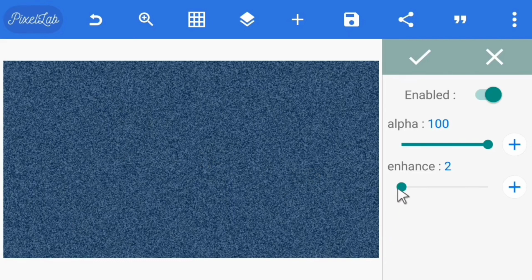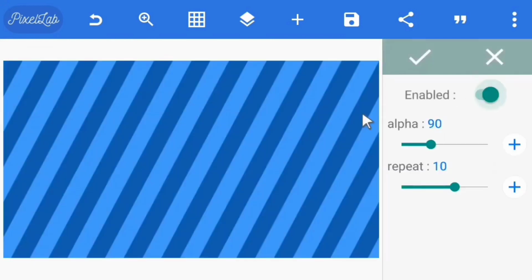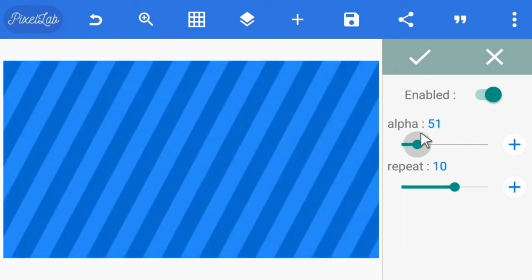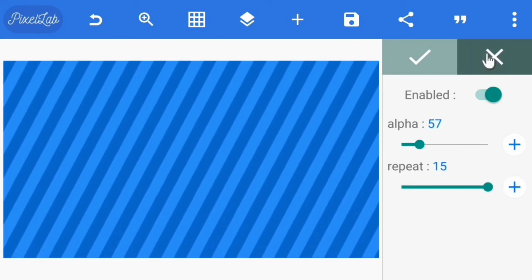We go on the stripe and press the stripe, you are seeing the stripe. Increase the alpha, you are seeing the effect. You can repeat. Okay, then the brightness,